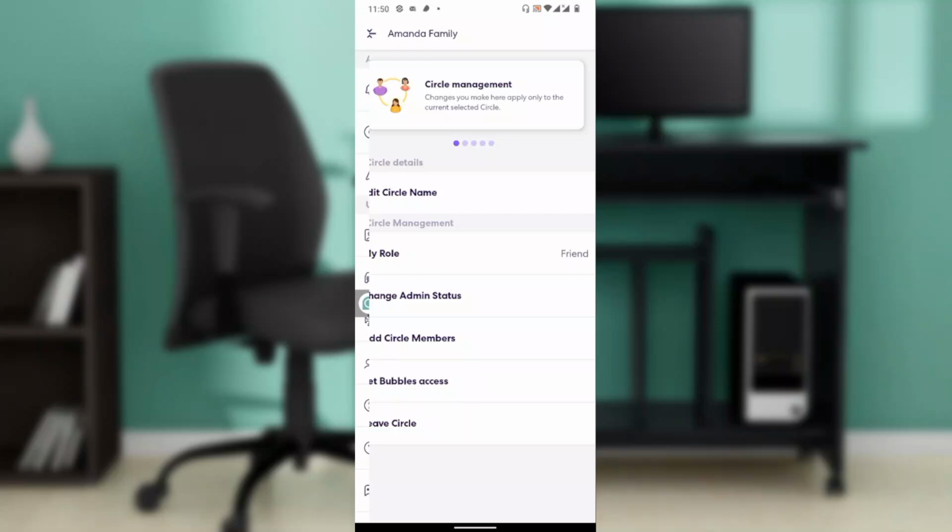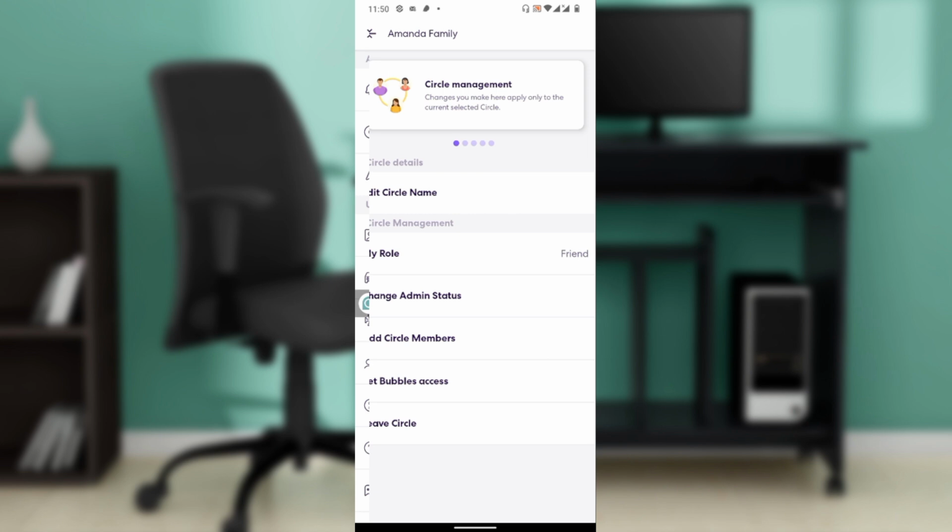Hello, in this tutorial I'll show you how to change the name of a location in Life360. Renaming a saved location or place in the Life360 app is a straightforward process that enhances clarity and personalization for you and your circle members. So whether you're updating home to grandma's house or school to work, I'm going to walk you through the detailed